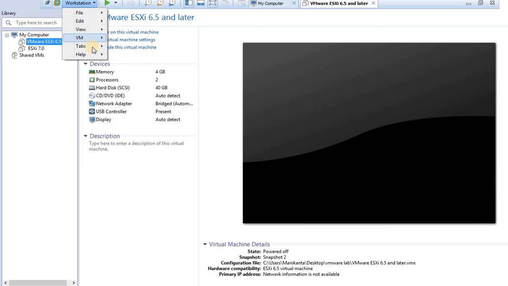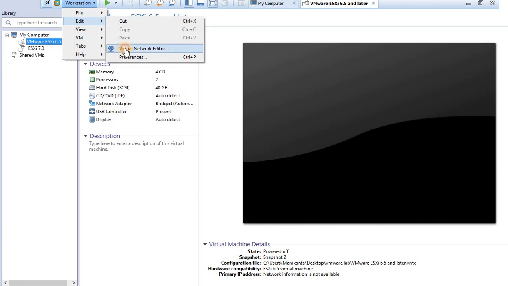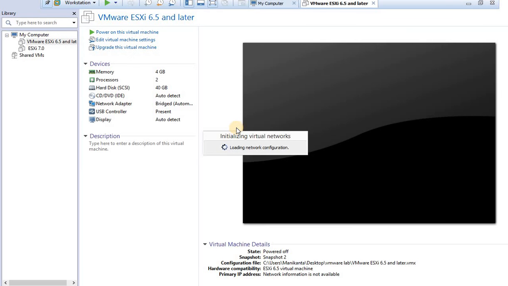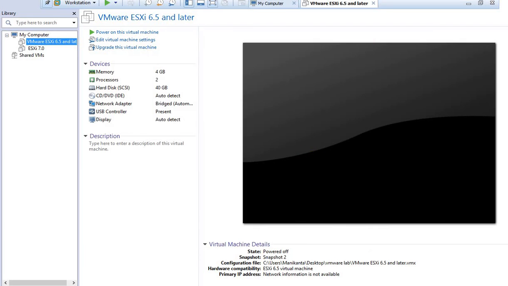First of all, go to VM Networks. You have to change settings. Click X. The initialization of virtual networks is loading, network configuration.